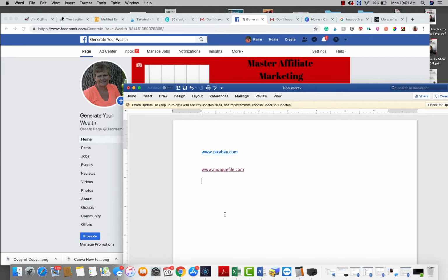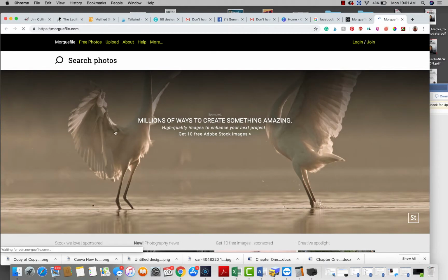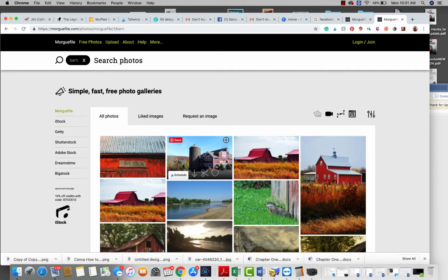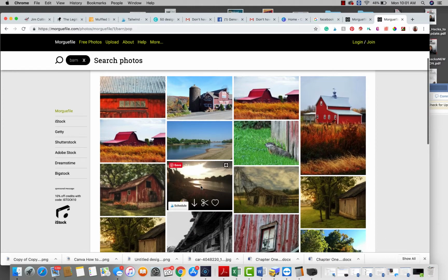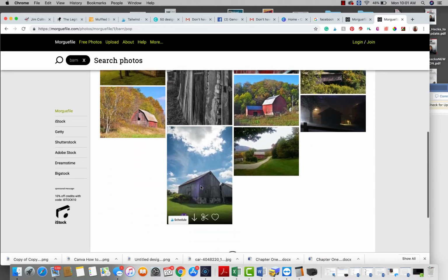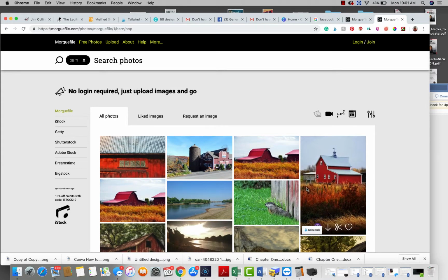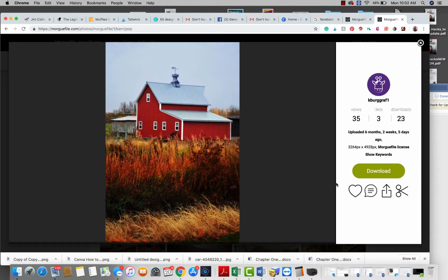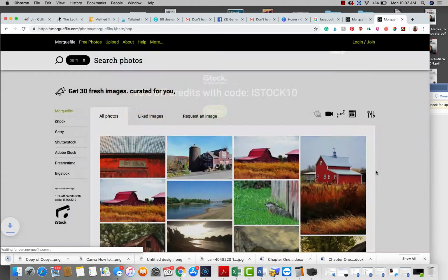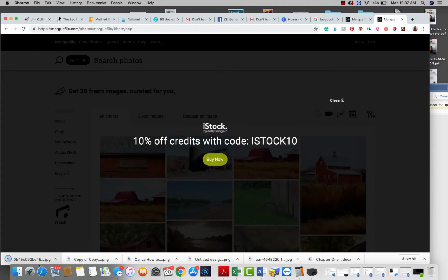So let's just click on Morguefile, and I'll let you know what that looks like, and I'll also show you how to download an image and get it into your Canva account. So here on search photos, I'm just going to say barn, and up here pops all kinds of barns. Doesn't really matter which one we pick. This one kind of struck me as I opened it up, so let's just pick that one. And so then I'm going to say download,